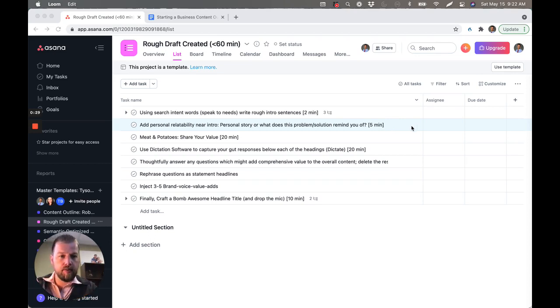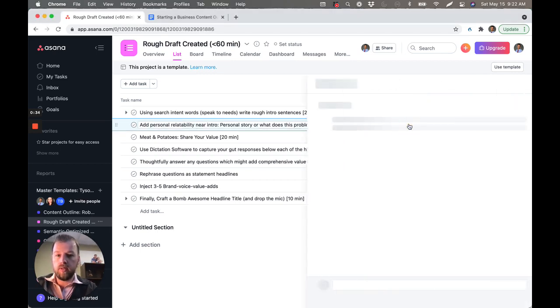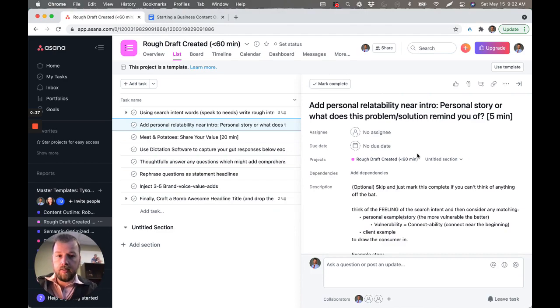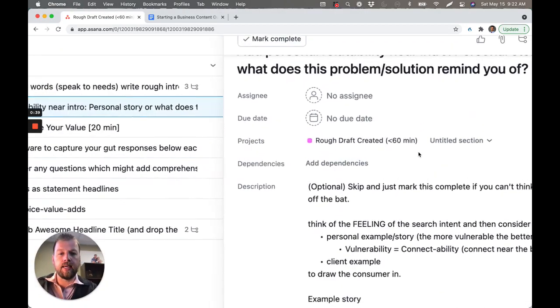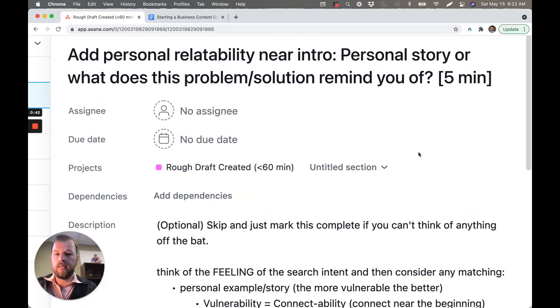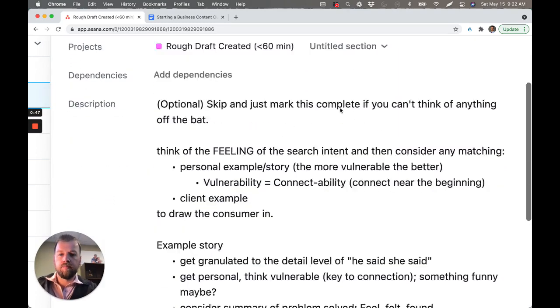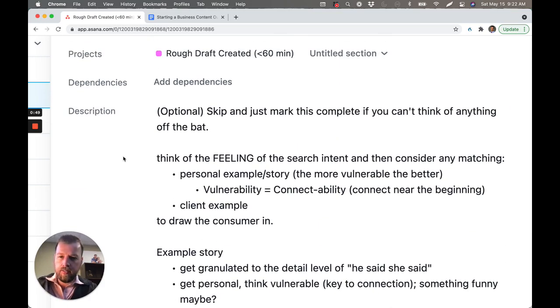So somebody has a problem and you have the solution, obviously, and you want to relay not only that you get it, but if you can relay that in a personal way, what they say is that when you're vulnerable, that lends to connectability, right? And now, if you're a good writer, I want to say this again, good writers can follow this too and have tremendous success. But if you, for some reason, feel like you don't need these steps, you could skip these steps.